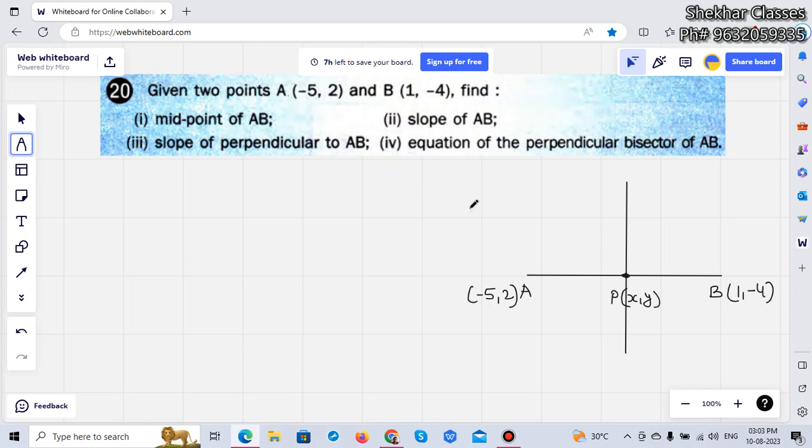Given 2 points A and B. A is given here, B is given here. Find the midpoint of AB. So easily we can find it with the midpoint formula. What is the midpoint formula? Let the midpoint be X and Y here. So it will be midpoint X,